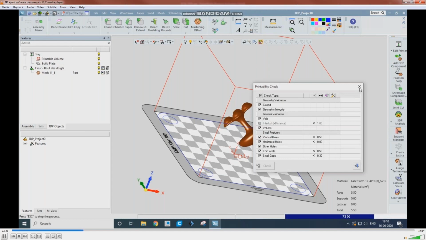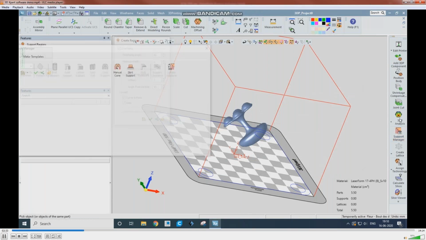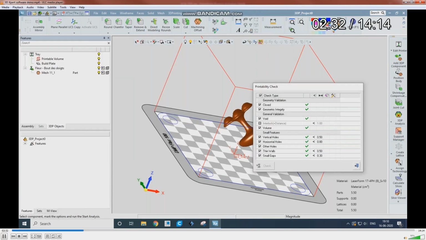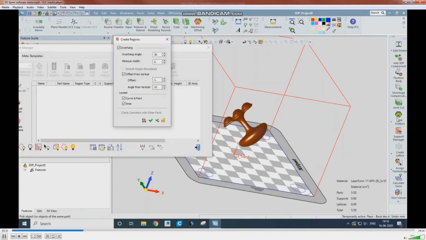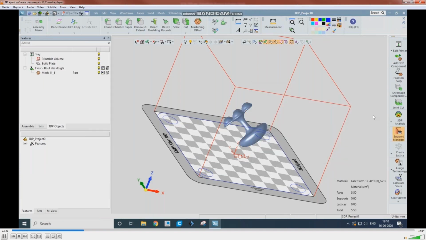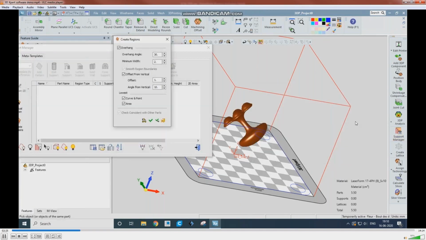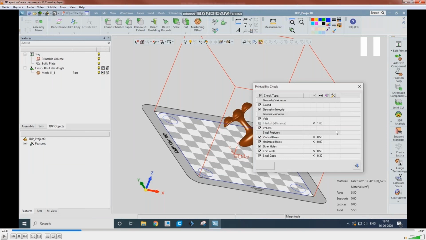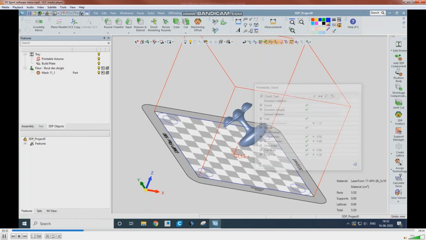And coming to the 3D printing analysis, I can check the printability check, whether this part is able to print or not. Clicking OK, yeah, it is fine.